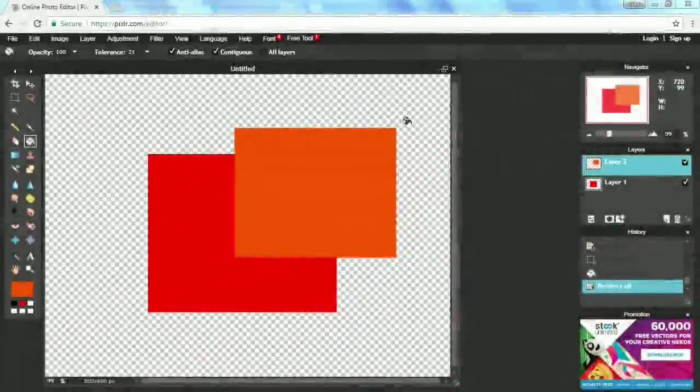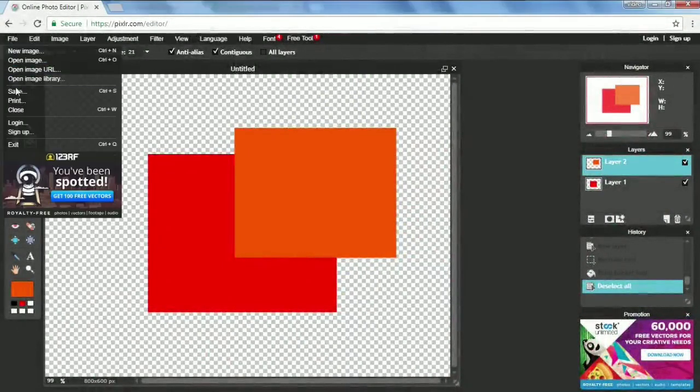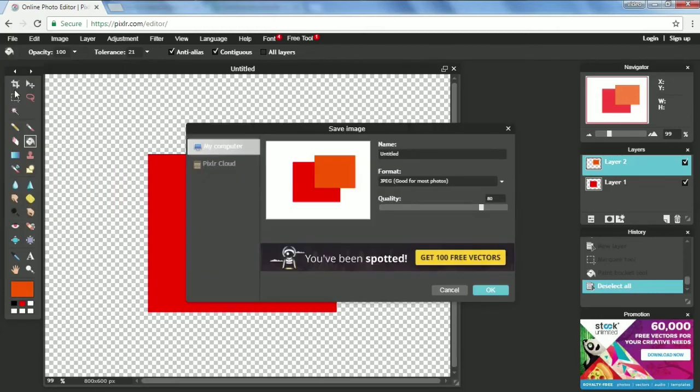To export an image from Pixlr, go to the File menu and select Save, or Ctrl and S on your keyboard. Now you can fill out the Save Image dialog box with the image name, select the format you want the image to be saved in, and you've got the choice of JPEG, PNG, bitmap, TIFF or PXD, which is